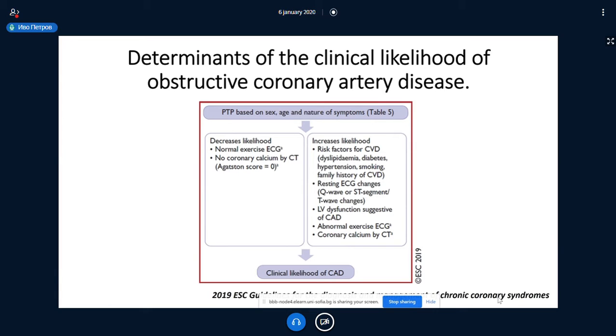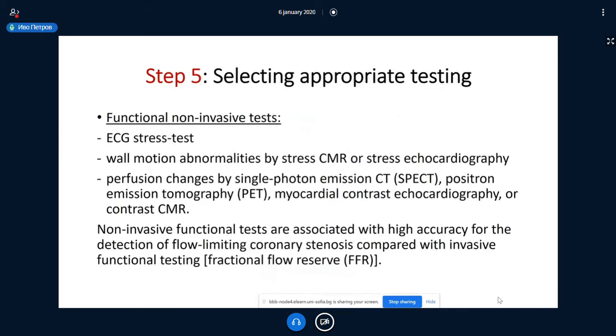In case the patient has relatively mild to moderate exercise angina, we can allow ourselves to send the patient also for stress CT or stress scintigraphy, so to use a nuclear investigation in order to take a look at the supply of the heart. I mentioned already the ECG stress test, but we also have other options in the armamentarium